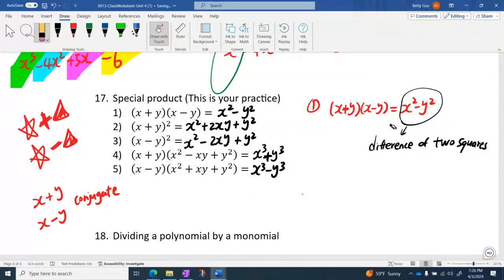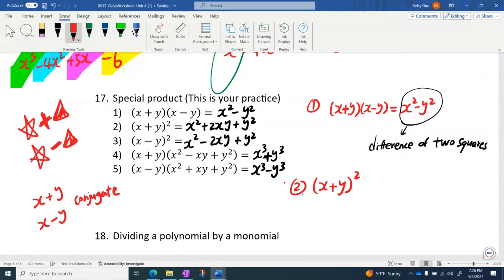What does this formula look like? What's the name of the formula? The name of the formula is difference of two squares. If we have two binomials multiplied together, and those two binomials are conjugates of each other, then the result is going to be a difference of two squares. That's the first formula. Second formula,